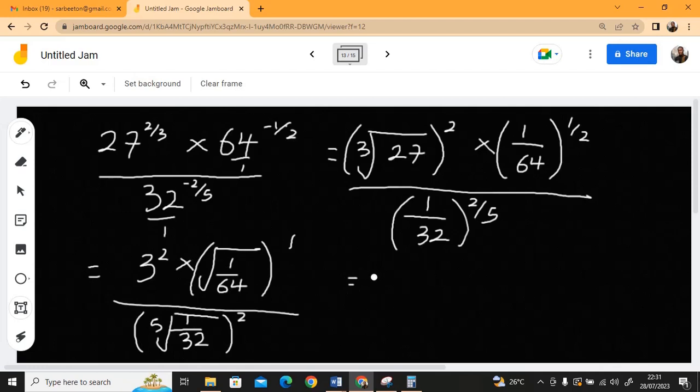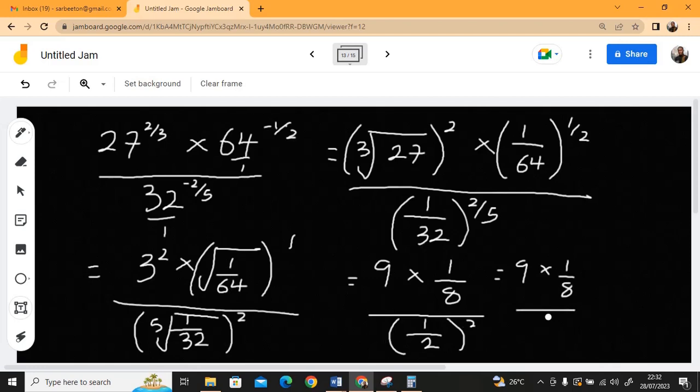3 raised to the power 2 is 9, times square root of 1 is 1. Square root of 64 is 8, 8 times 8 is 64. Divided by fifth root of 1 is 1 over fifth root of 32. That means 2 raised to what power will give us 32? How many times you multiply a number in 5 places that will give 32 is 2, raised to the power 2. So you have 9 times 1 over 8